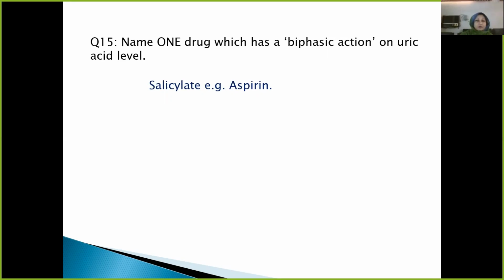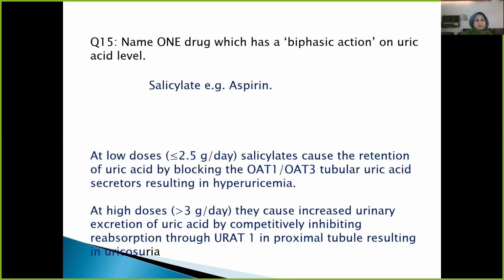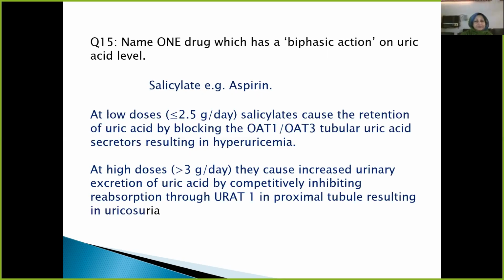इसीलिए इसे एक्यूट गाउट में हम नहीं देते, because at low doses it blocks the tubular filtration, resulting in hyperuricemia. And at high doses, more than 3 grams per day, it acts by inhibiting the reabsorption in the proximal tubule, resulting in uricosuria. Low doses में uric acid increase करता है एस्पिरिन, इसलिए एस्पिरिन हम लोग acute attack में नहीं देते हैं।